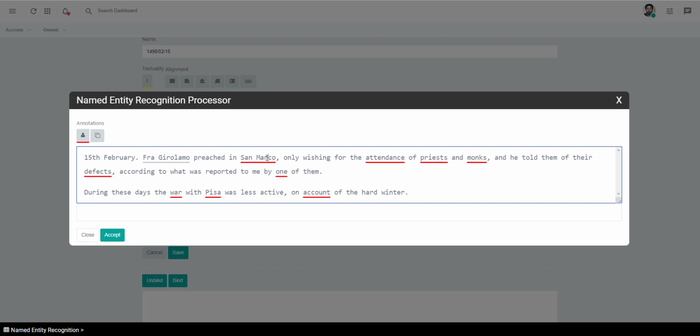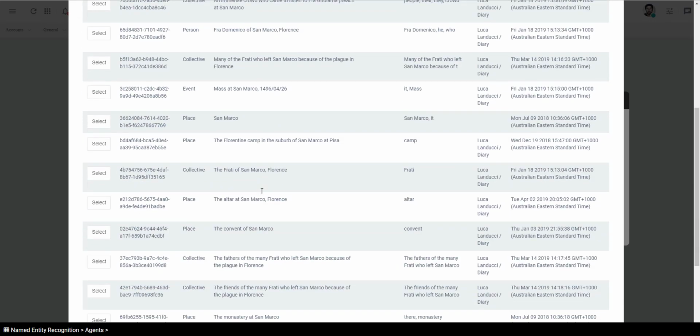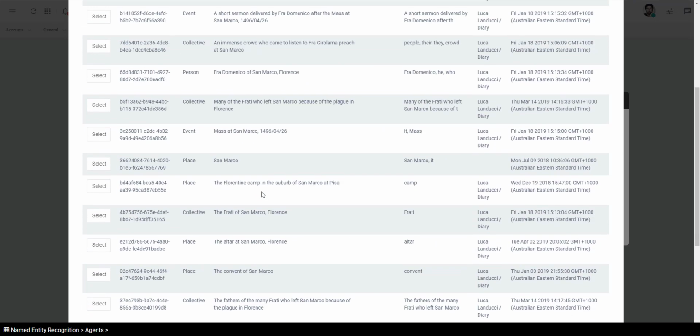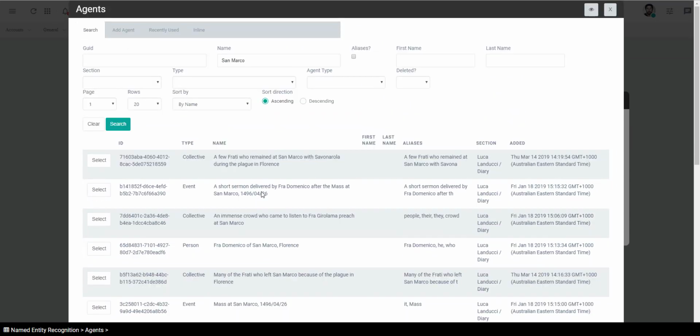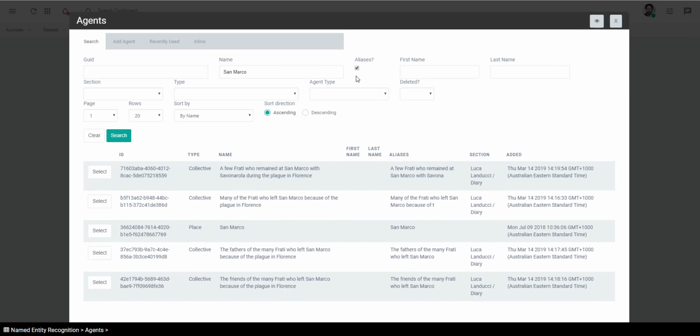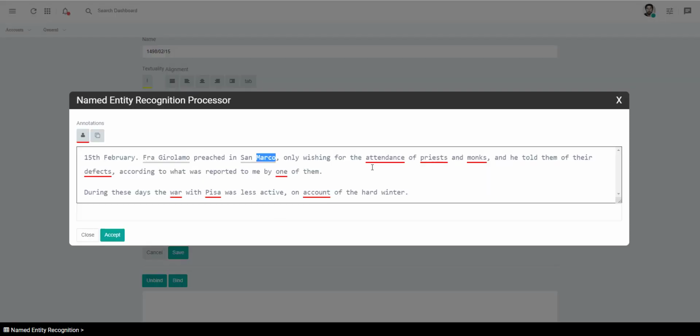Now I'll move on to the next one, San Marco. Again, we have quite a few entities related to San Marco. I'll click the aliases button, and this one is quite useful. We find fairly quickly the distinct entity, so I'll click select. Now we get onto some other, well, once I do Pisa,